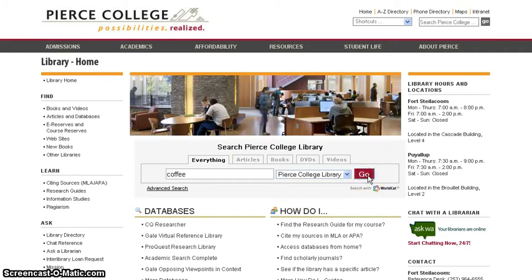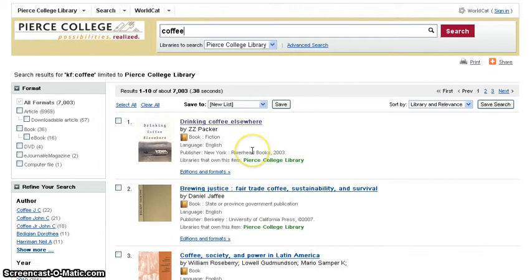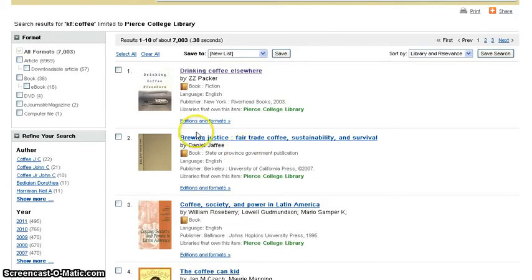I'm going to enter a search for coffee. And when we come in, I'm going to see that now with this WorldCat system, I can see cover images from books. I can also see that we can now find articles as well as ebooks and DVDs through the library catalog system. If I wanted to see where a particular item was located, I'd just click the title, open up the link, and it would tell me which campus it was at, the call number,